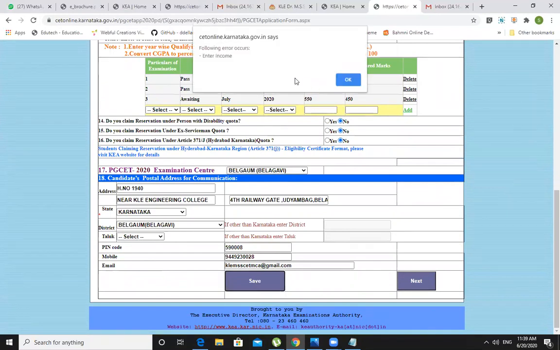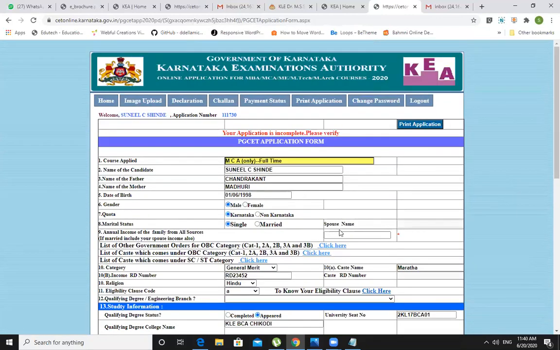Suppose you have any errors, it will tell you, for example that you should add an income here. Look at this section 9th one. It is asking you to enter the annual income of the family from all sources. Suppose your father is earning and mother is also earning, the combined income. Whatever income is in the income certificate, you can add it here. Done.